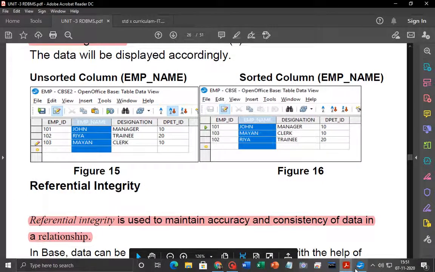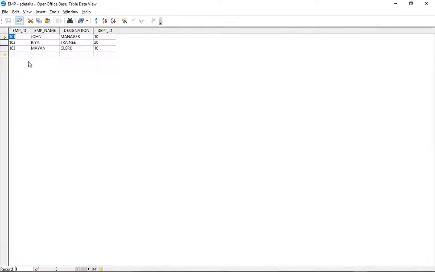You just open any of the tables. Okay, double click it. This is not in ascending order. If you want to order the designation, clerk should come in the beginning, isn't it? If you click on this, there is an option, sort ascending. Which one will come first? Clerk. So clerk, manager, and trainee. And again, if you click on the designation, that column will be selected, and if you click the descending order, trainee will come first, and according to that, the name and the number, everything will change.